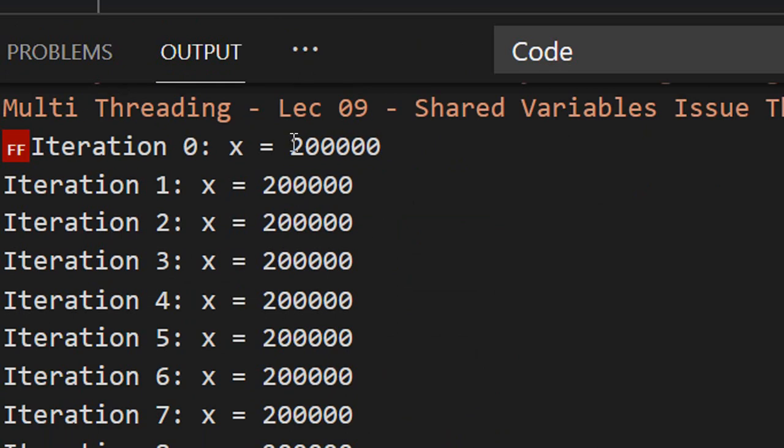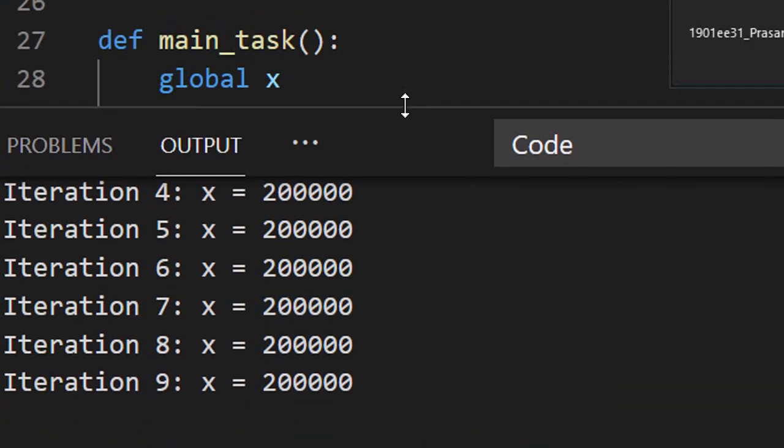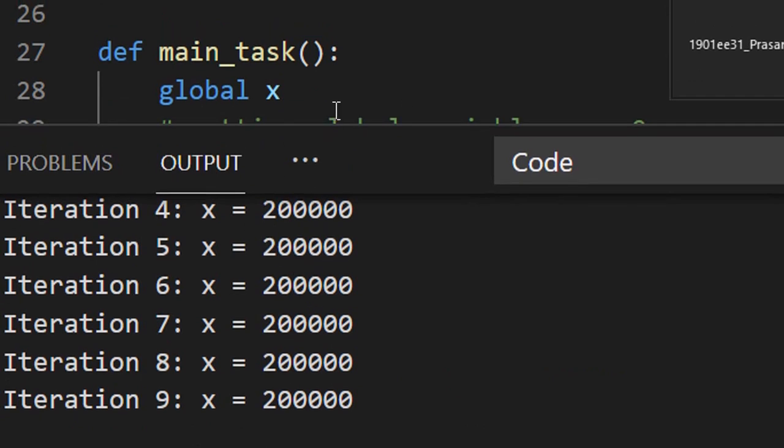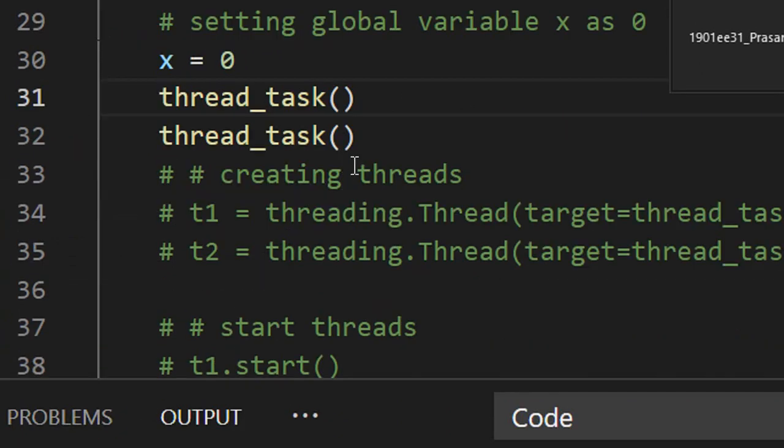Now you can see in every iteration the value is exactly 2 lakh because there was no collision. When the first function exited, it made the value 1 lakh, and when the second function exited, it made the value 2 lakh. Now we will see how we can obtain the correct output despite using multi-threading.